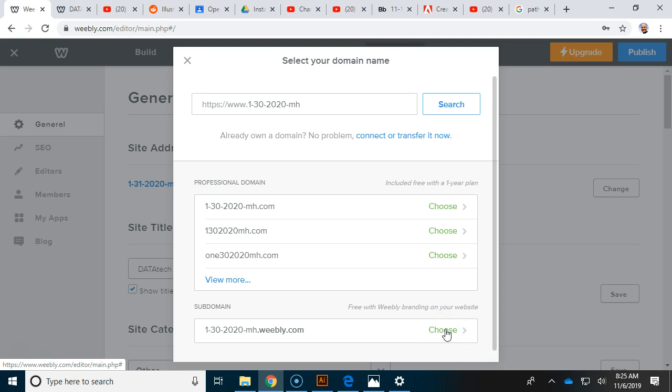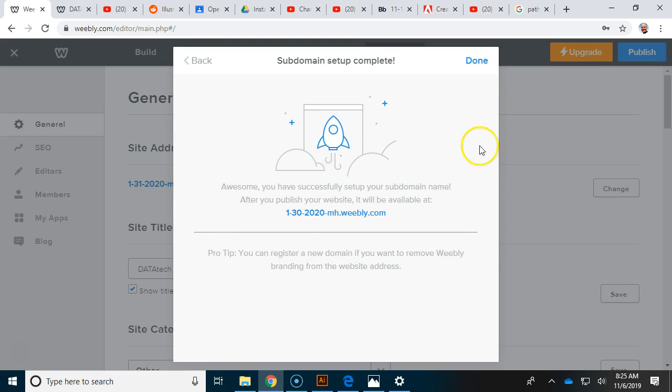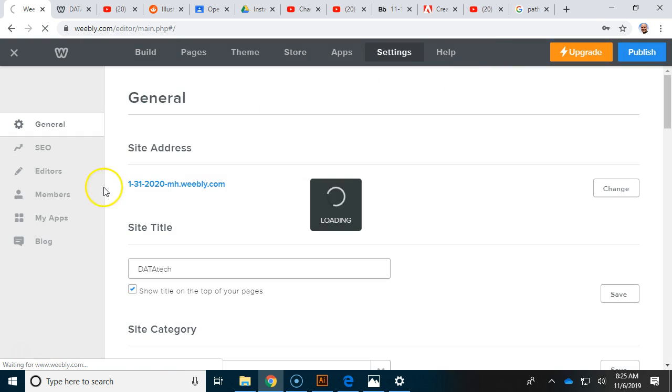If there's problems with that, we'll have to coordinate on how we'll make it unique and find out who had the old one so that you can have it instead. It's very unlikely. When you click choose and you're done, you can see that it's going to change right here